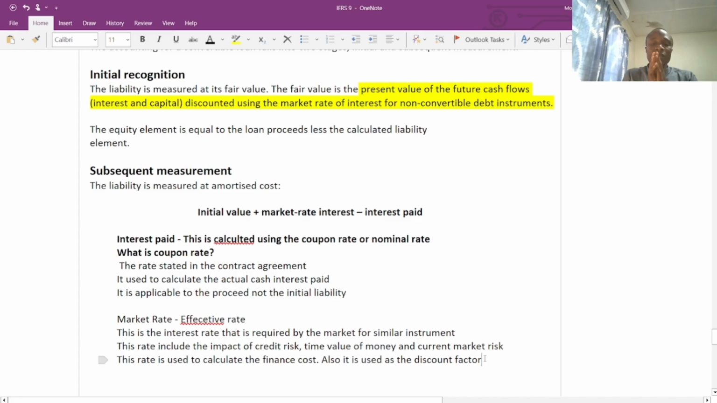So basically, you need to know the distinction. We are going to use the market rate to calculate the finance cost, and we are going to use the market rate to determine the discount factor that we are going to discount the future cash flow to present value. Then also we are going to use the coupon or the nominal rate to calculate the cash flow, the actual cash paid. Very important concept. So now